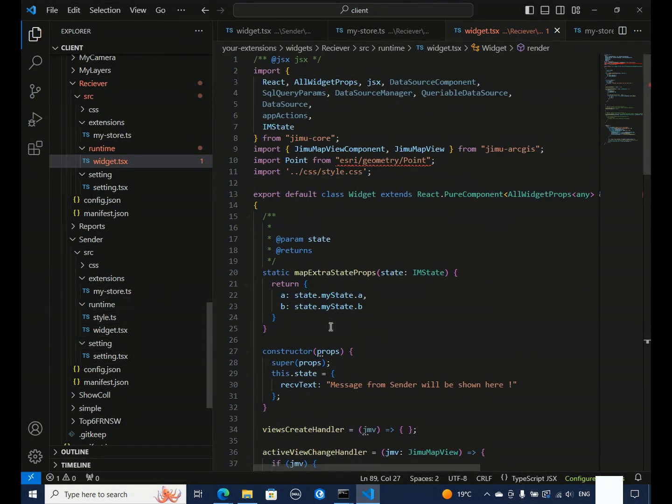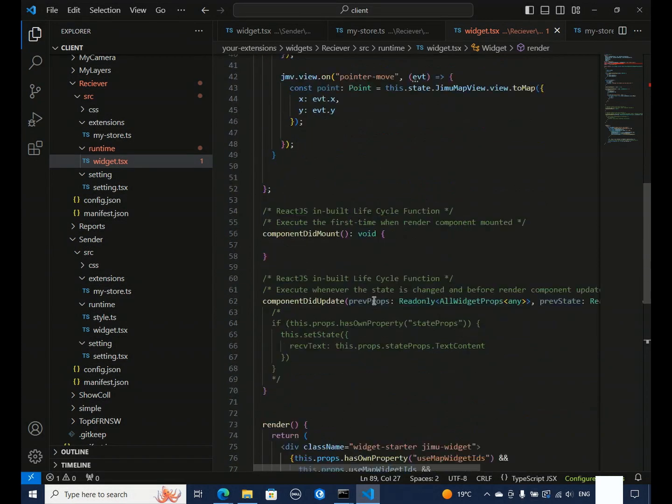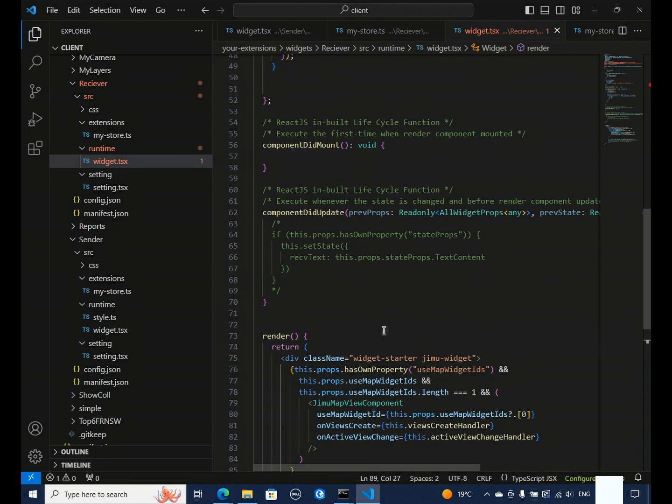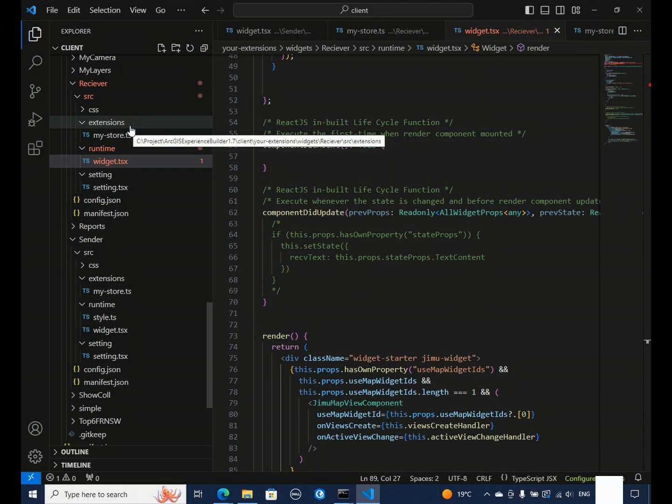Firstly, the theory of the two methods is a little bit different. Previously, we sent out a message using the inbuilt Redux combined with lifecycle functions in the receiver to implement the whole process. But in the official method,